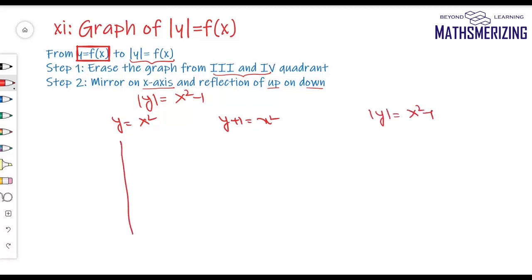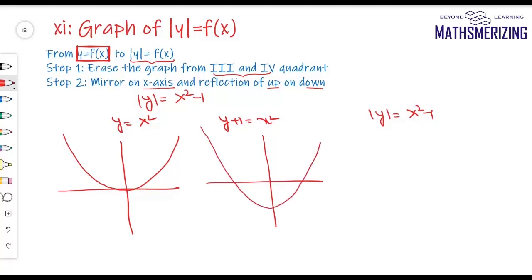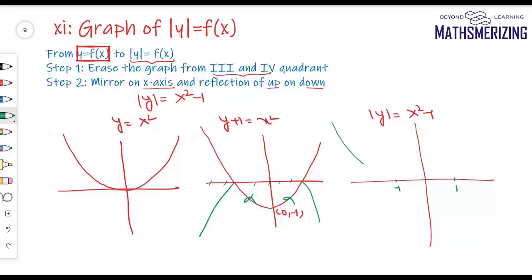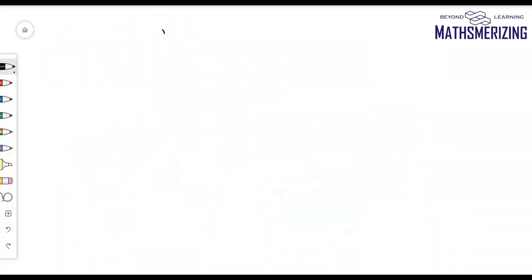So y equals x square is a parabola opening upwards. Now y plus 1. So shift the entire graph minus 1 units along y-axis, and then for mod y, erase the graph from third and fourth quadrant. So mirror on x-axis, take the reflection of up on down. So basically this graph will be,